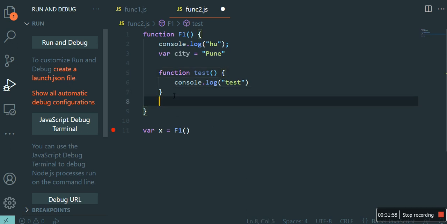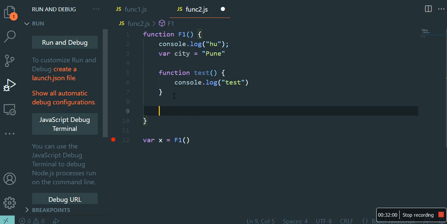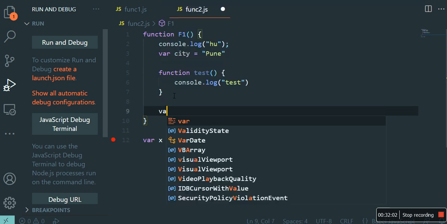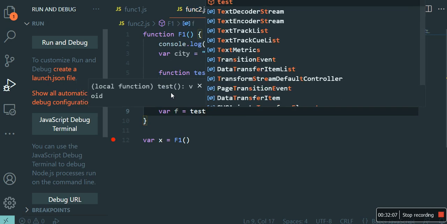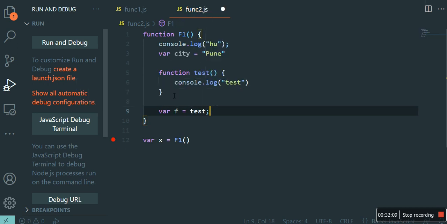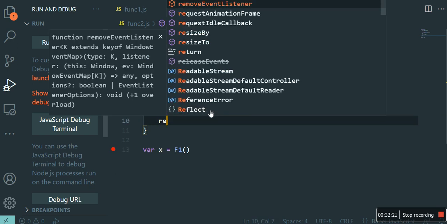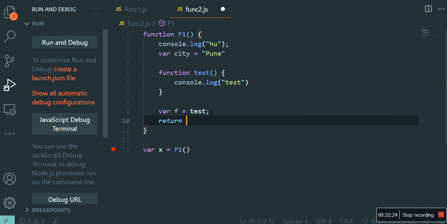Let's suppose I write here var f equal to test, and I say, so what will happen here? Correct. And if I say return f, then what do you think will happen?